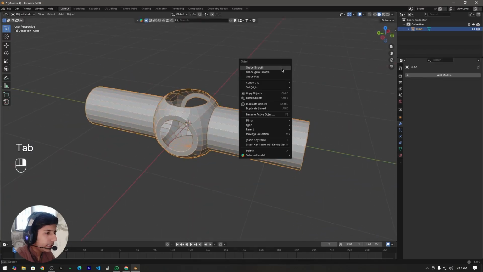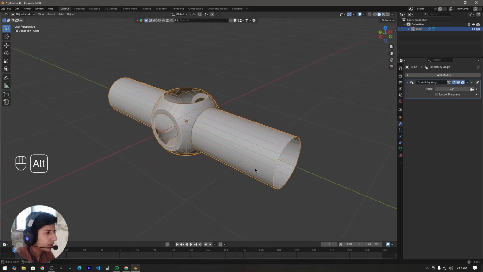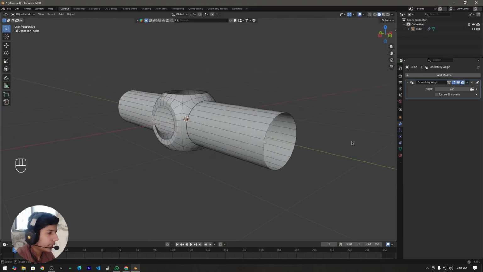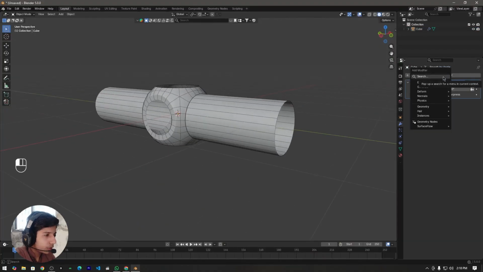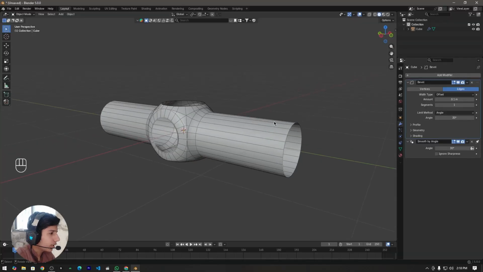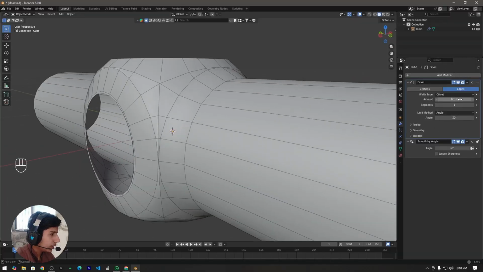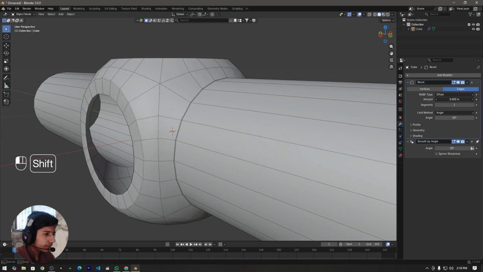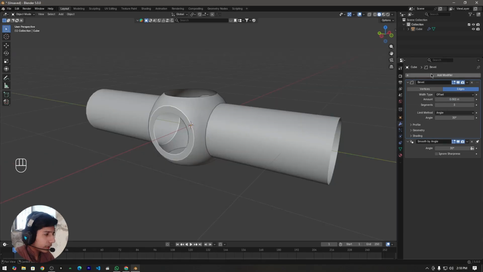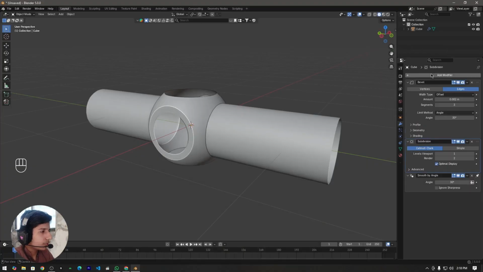And then press right click and shade auto smooth. And now come to the modifiers tab and add a bevel modifier. Now we have to reduce the amount and increase the segments. Then I'm going to add a subdivision surface modifier, set the level to 2, and now